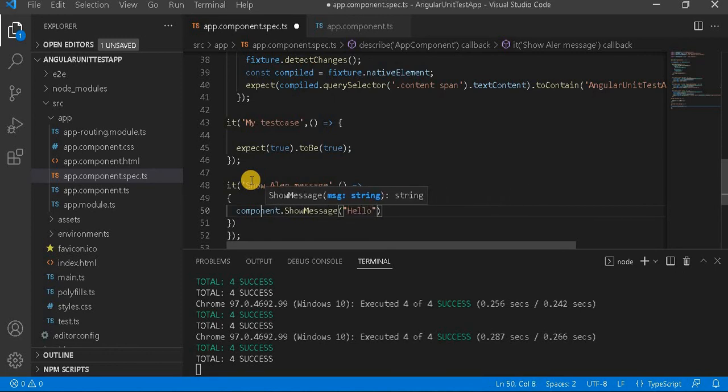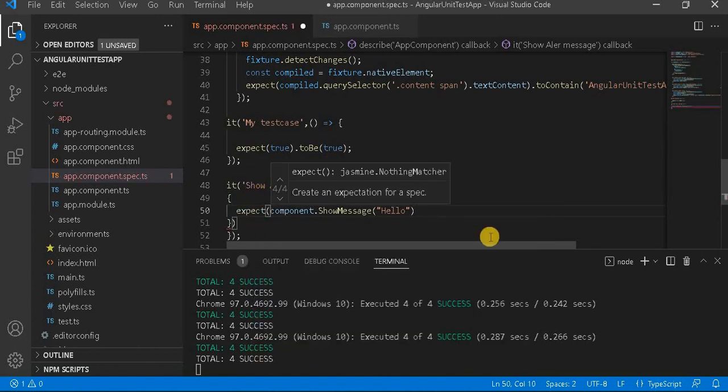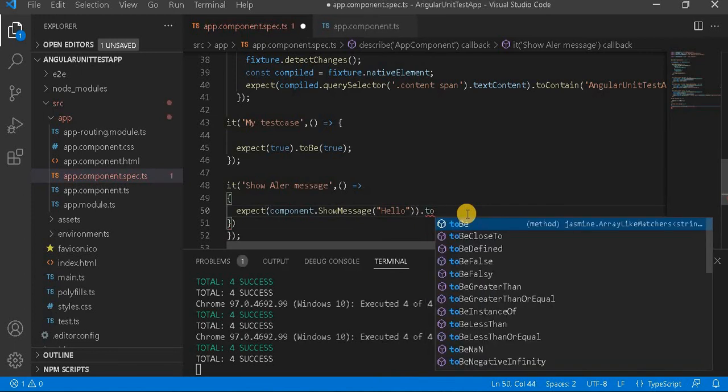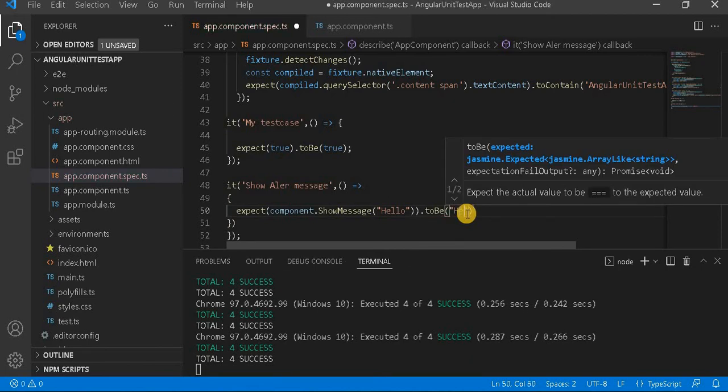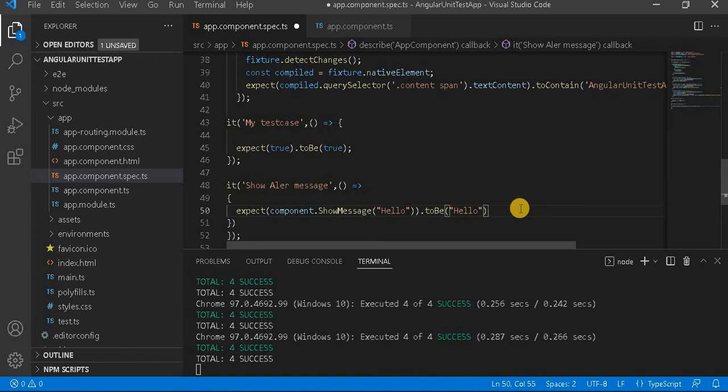Now I'm going to compare it: expect this method, and dot toBe. First close this, and dot toBe, what it should return. It should return Hello. So now when I save this,